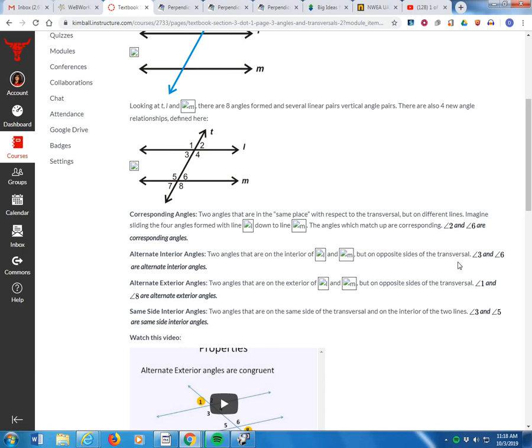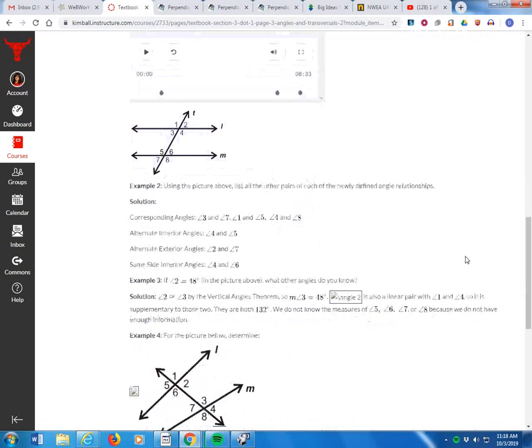Everybody see that angle 2 and 4 are supplementary up here? And 1 and 2, and 1 and 3, and 3 and 4, those are all supplementary angles, right? Same, 5 and 6 are supplementary, 6 and 8, 7 and 8, 7 and 5. What we learn with these angles